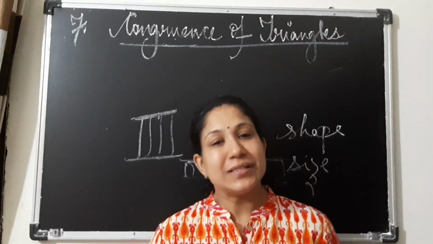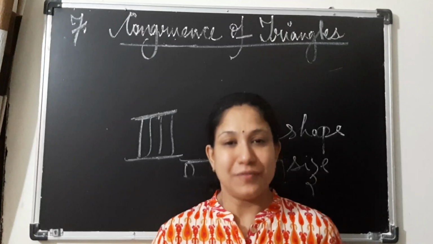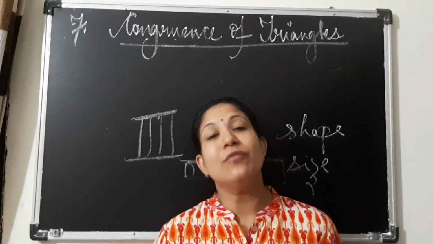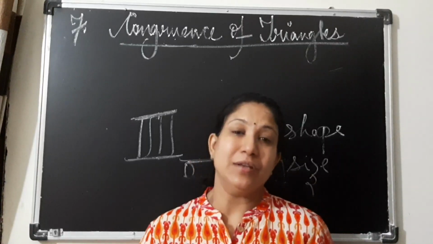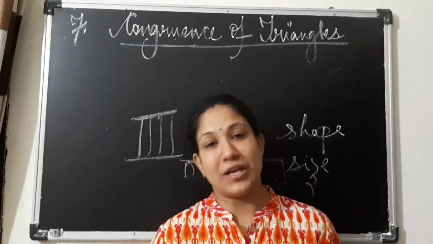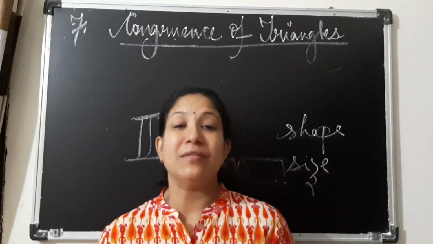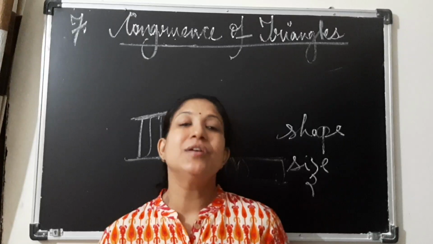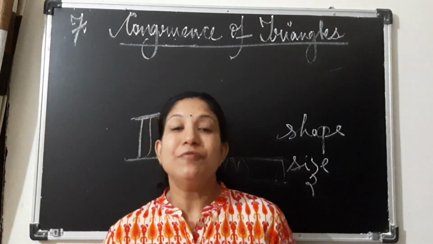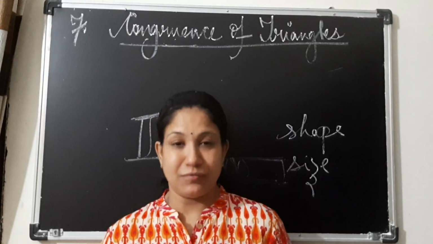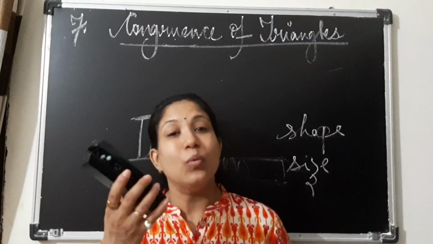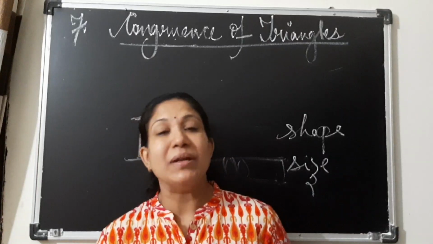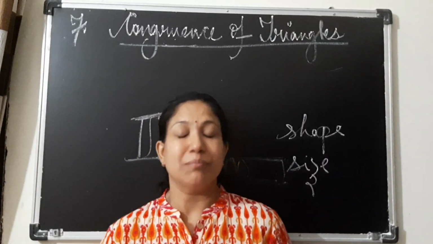Now we shall discuss the congruency of plane figures. Children, before we proceed, let me tell you that if you want to check the congruency of any plane figure or any object, there are three ways by which we can do it. The first method is by observation. Like what we did now was merely by observation. Clear? Then the second method is the superposition method.